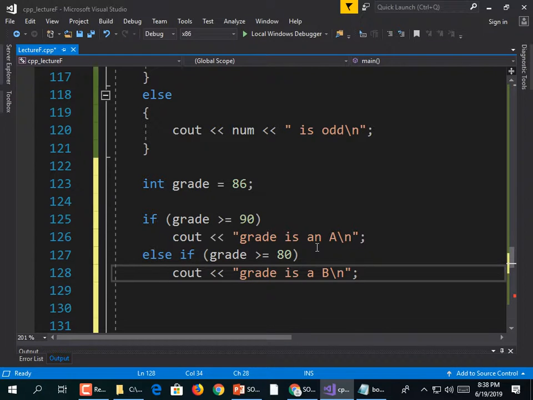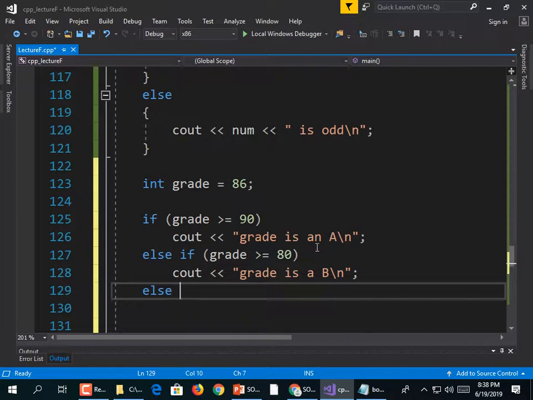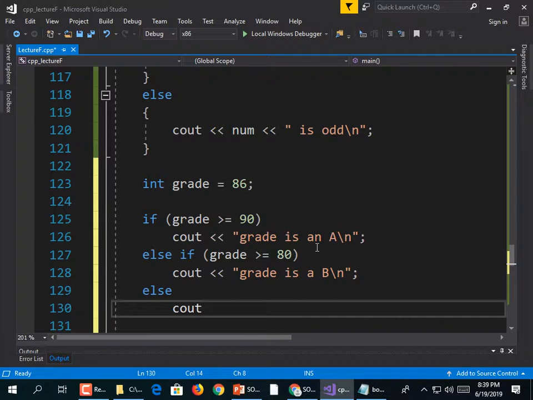I should Google that. Else, now this is a really mean teacher who only allows A's or B's or F's. cout << "grade is an F\n";